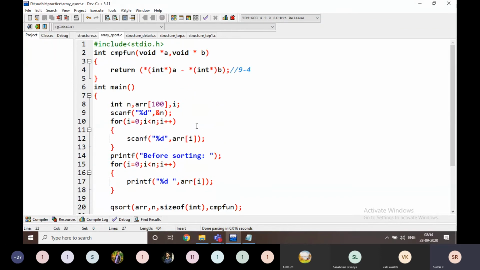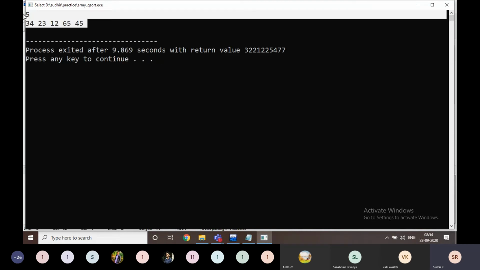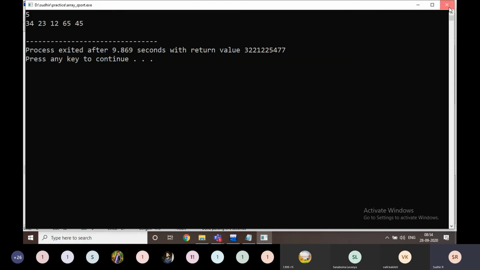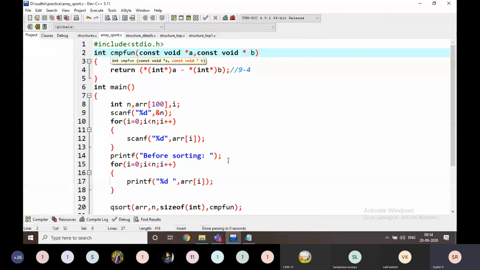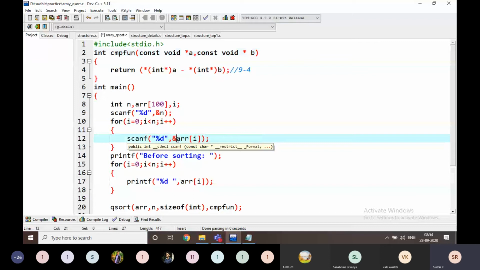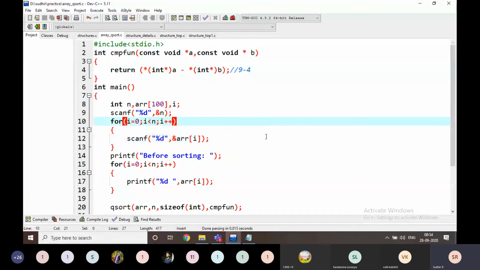Values 34, 23, 12, 65, 35. What is missing here? Just wait. Okay, here I am not writing the ampersand of str. That's it. That is the mistake.